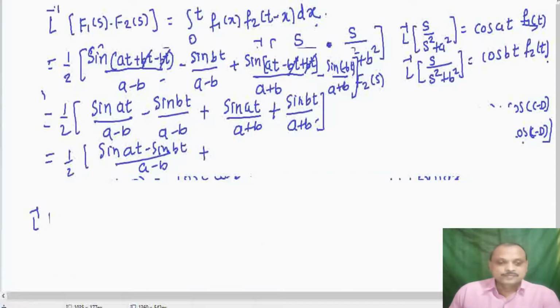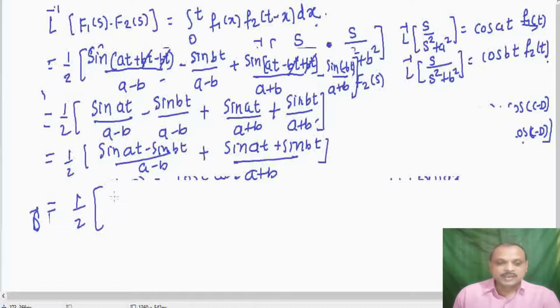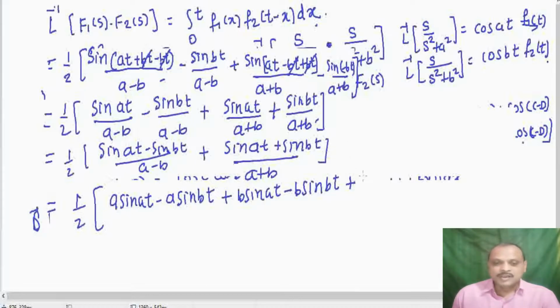this term, the denominator is the same, so here we have sine AT plus sine BT divided by A plus B. Now let us take the LCM. 1 by 2 into A plus B, A into sine AT minus A into sine BT plus B into sine AT minus B into sine BT plus A into sine AT plus A into sine BT minus B into sine AT and minus B into sine BT